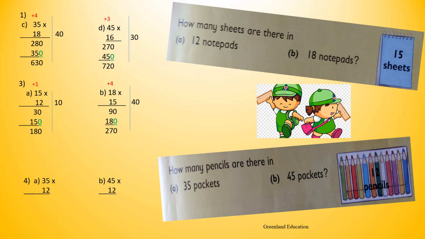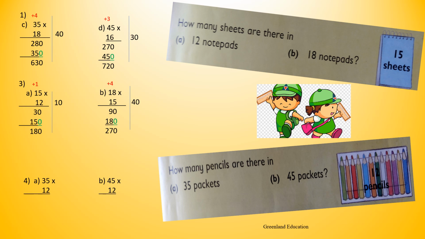Next, before multiplying 45 by 1, you have to put a 0 in units place below 0. Now I have put it in green color. Then you have to multiply 45 by 1. 1 times 5, 5. 1 times 4, 4. Now you have to add 270 and 450. 0 plus 0, 0. 7 plus 5, 12. Put 2 here. Take the remaining 1 and keep it in hundreds place. 2 plus 4, 6, plus 1,